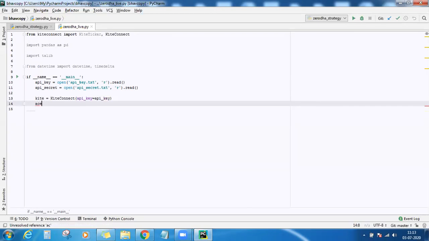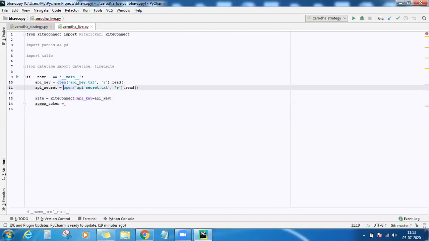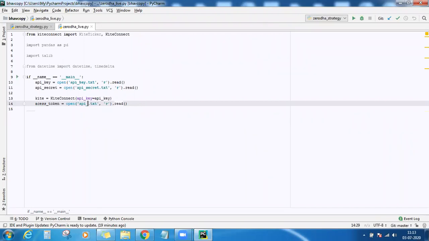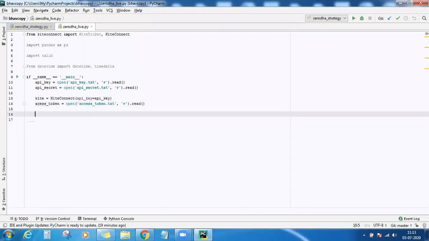Now, if you already have the access token, the same method you can use here, like how you have opened a file earlier. So make sure that file names are proper.